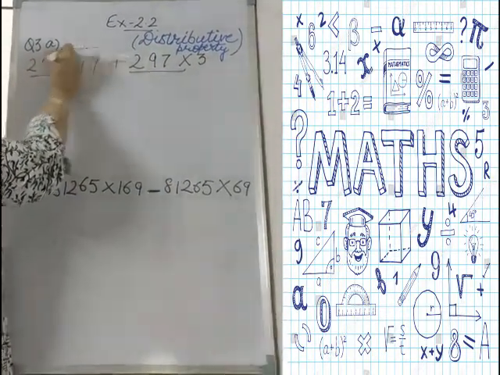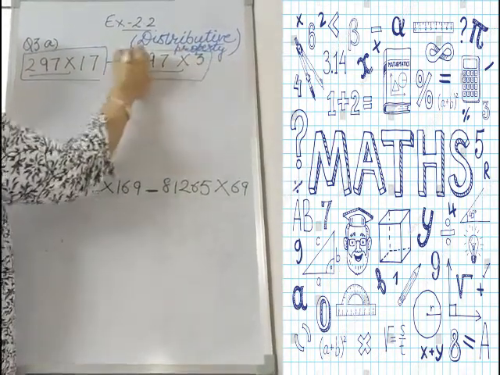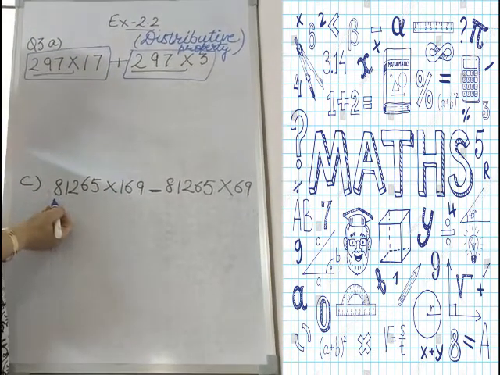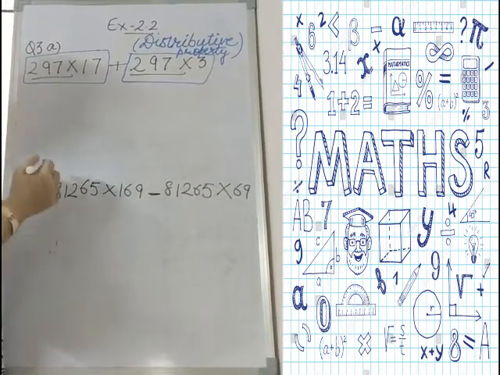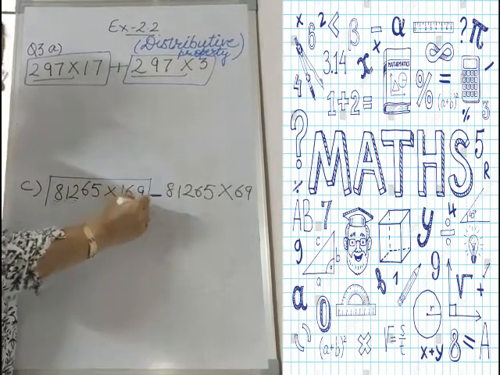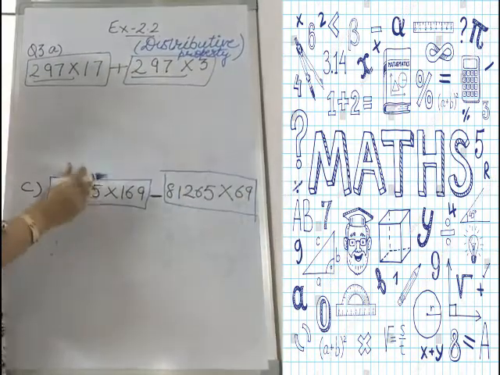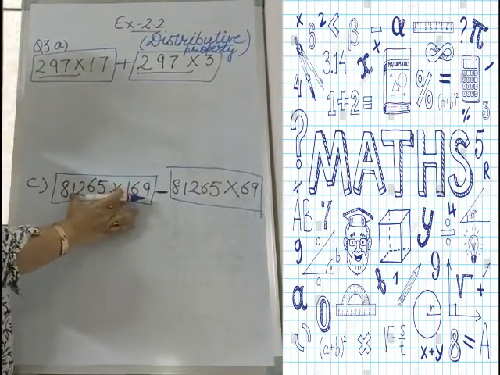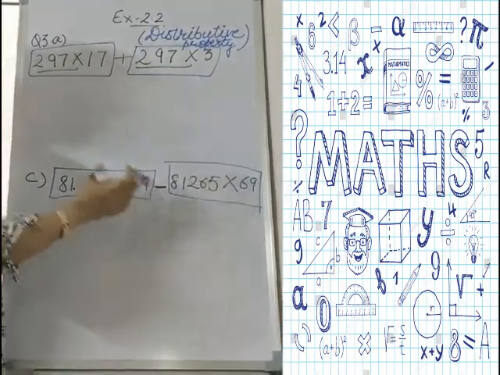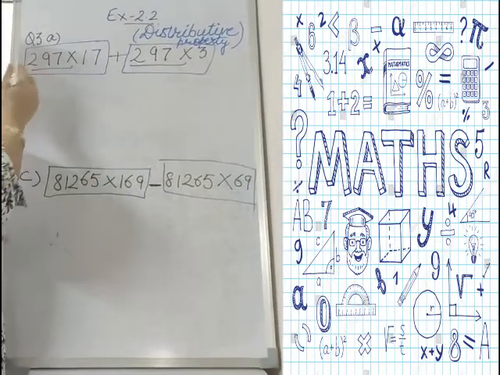Actually, I have two terms here. First expression is this, second one is this. Both are joined with plus. As you can see in the next part, I have written the question also. In this, which number is in both? Here I have two parts of this question. No need to multiply these two numbers first, and in the second part, no need to multiply these two. We will do these questions by distributive property.